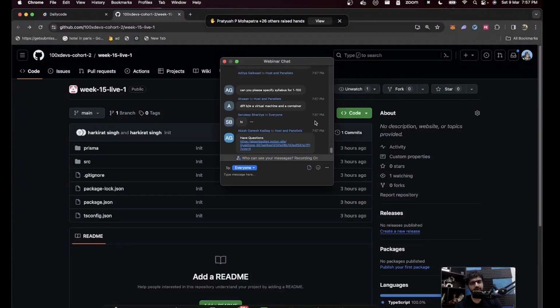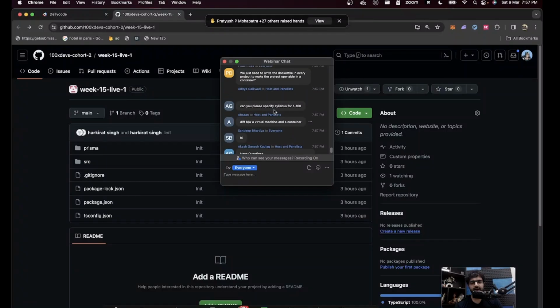All right, a lot of questions. Let me speed through them. Difference between a virtual machine and a container. A virtual machine is what you run on AWS. There's something called a hypervisor. What do you think happens when you go to an EC2 machine and start it? It's not like they have 20 EC2 machines and they give you one. They have one very big hypervisor, which has 100 GB, 1000 GB space, 1000 GB RAM, and you get some small part of it.